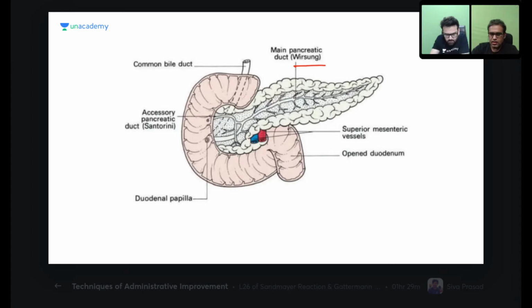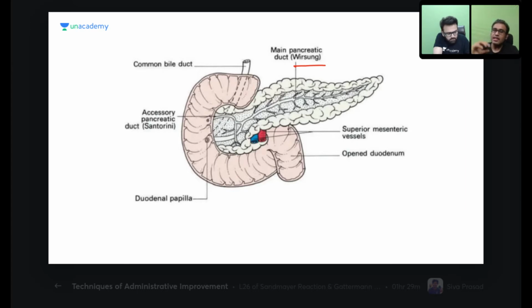Now, as it is going from the tail to the body, there are various small ductules which enter into it. And this pattern is known as herringbone pattern, because they drain at right angles into the main duct. Herringbone pattern. So this main duct, which is known as the duct of Wirsung, is draining, and this herringbone pattern is present over there. Now we saw that there are two buds, a ventral bud and a dorsal bud. The ventral bud was below, the dorsal bud was superior to it. And these buds normally fused and formed a common pancreas.